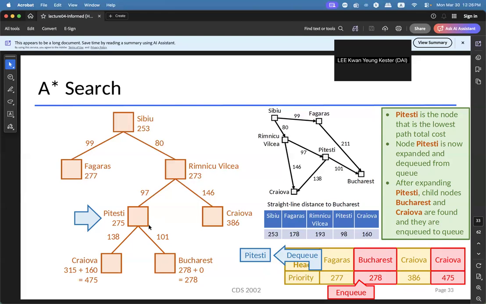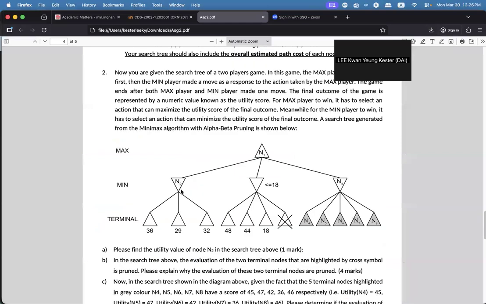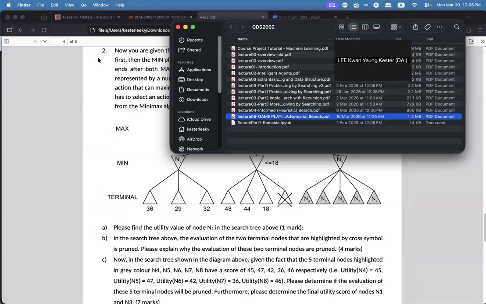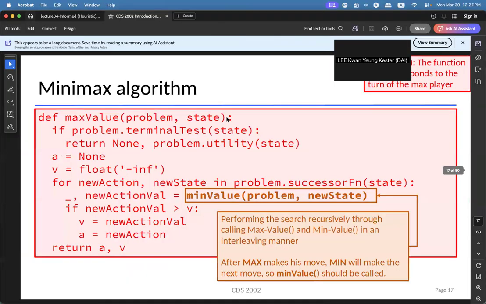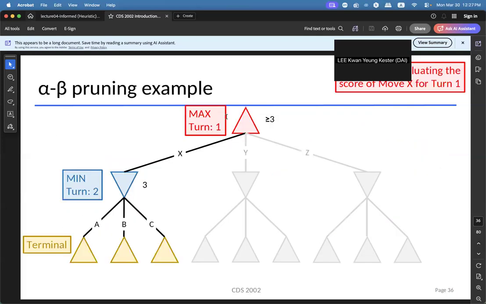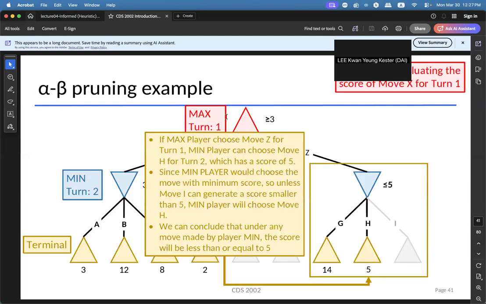Any questions? And for the next question in the assignment, essentially this question is the same as what we just discussed in the previous lecture. If you go back to lecture 5, you will see we already discussed the pruning issue in the PPT. You can refer to what I said in the previous lecture, or you can refer to page 36 up to page 41, and then you'll be able to know how to answer this question.